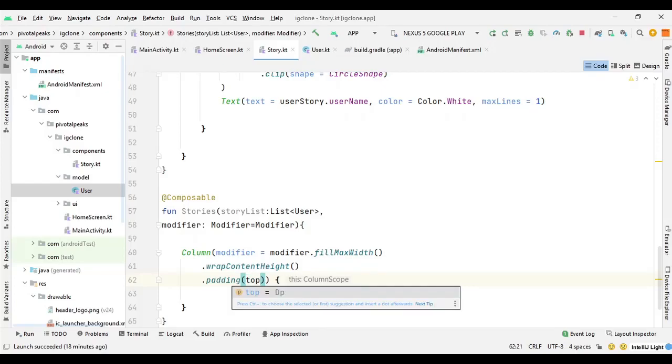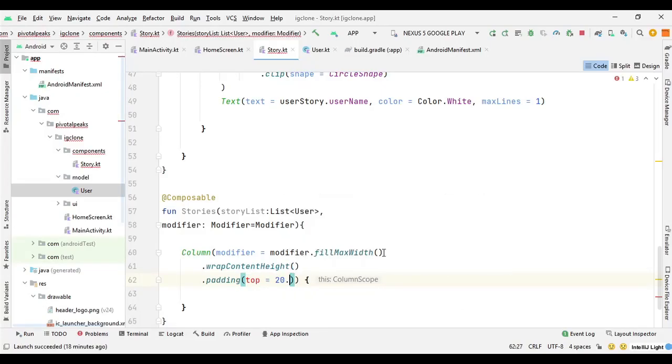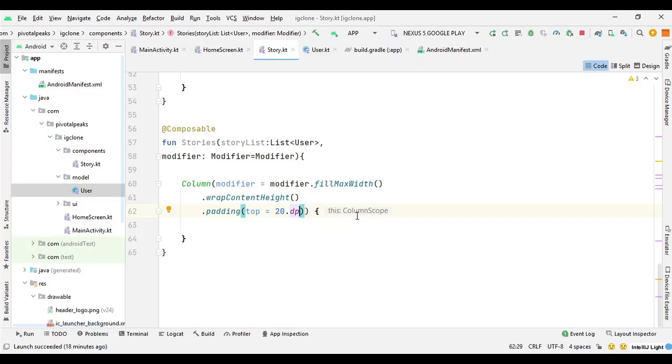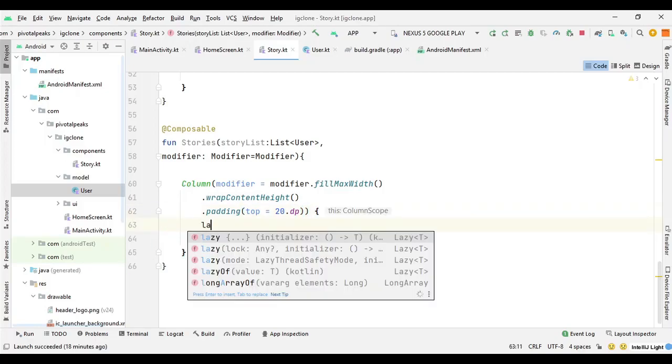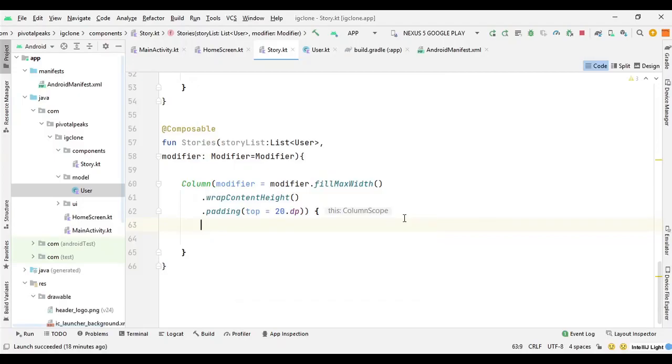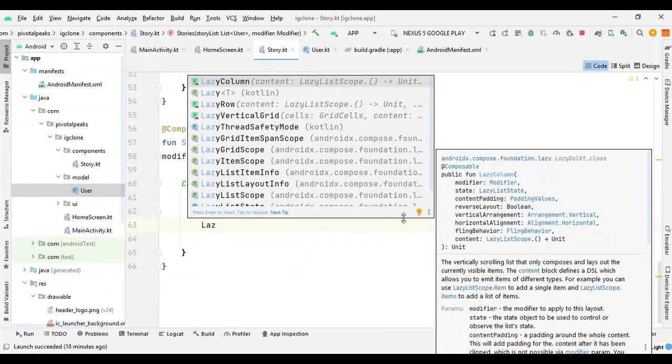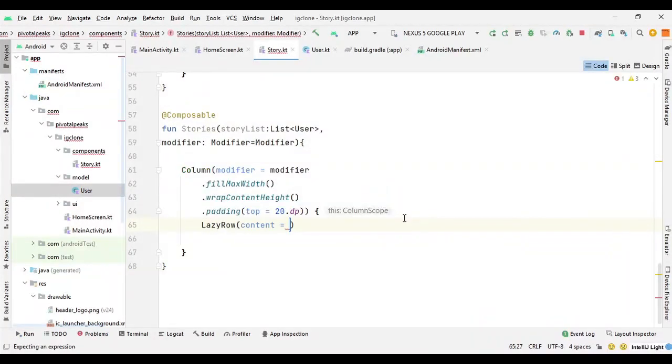So let's say top 20.dp. So to display a multiple list of stories in a horizontal fashion, we can use lazy row. So lazy row, it's equivalent to the recycler view of XML based Android coding, but here we don't have recycler view, we have lazy row and lazy column.